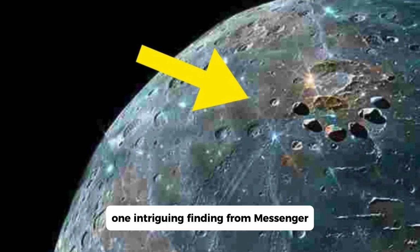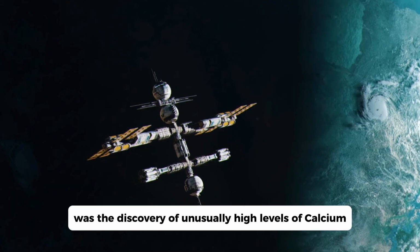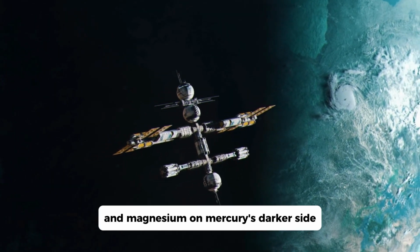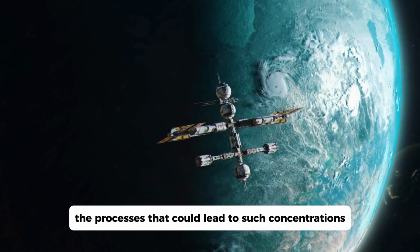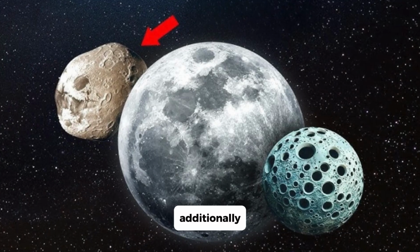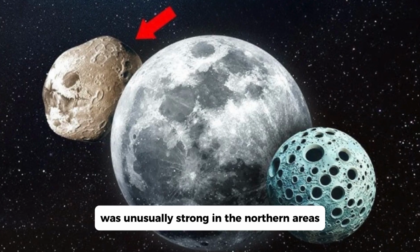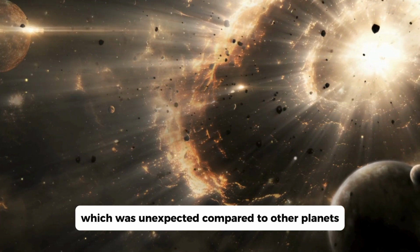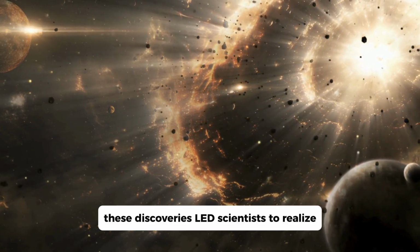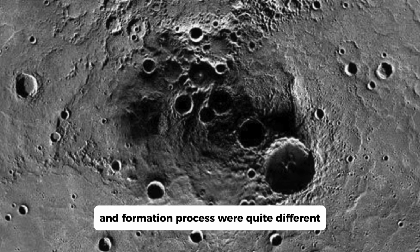One intriguing finding from Messenger was the discovery of unusually high levels of calcium and magnesium on Mercury's darker side. This raised questions about the processes that could lead to such concentrations. Additionally, the mission found that Mercury's magnetic field was unusually strong in the northern areas, which was unexpected compared to other planets. These discoveries led scientists to realize that Mercury's internal structure and formation process were quite different from what